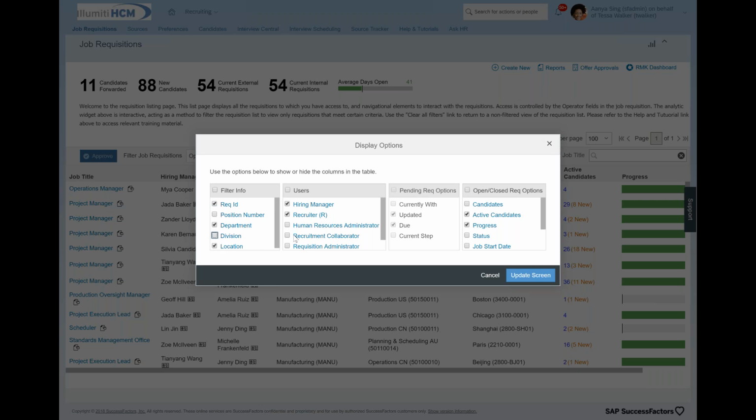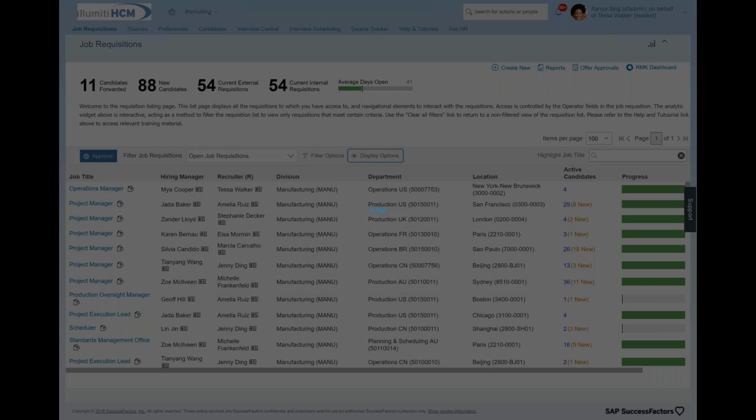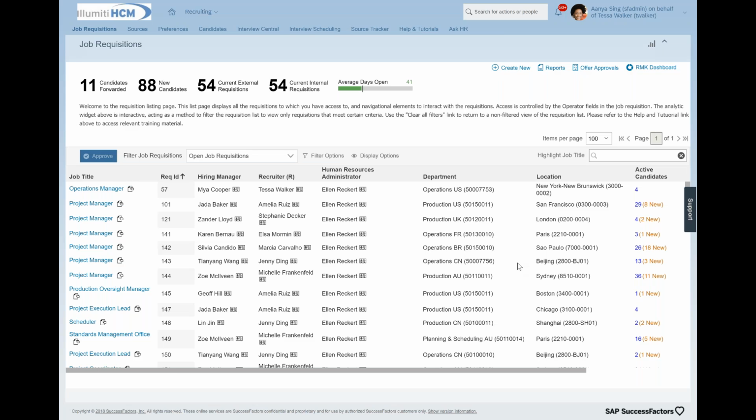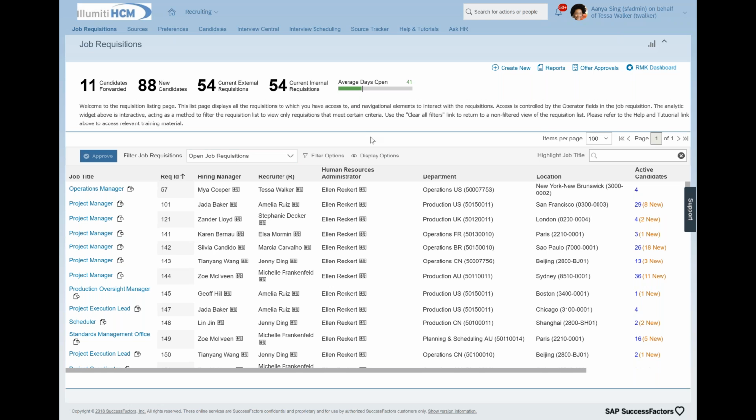And if I wanted to see who the human resources administrator is, I could check on that field. And then it's going to change up for me the display that I show here, requisition ID and human resources manager. The next time I come back to this screen, this particular display will be saved and available for me. And that's something that each recruiter can do to tailor the look and feel of this particular section.